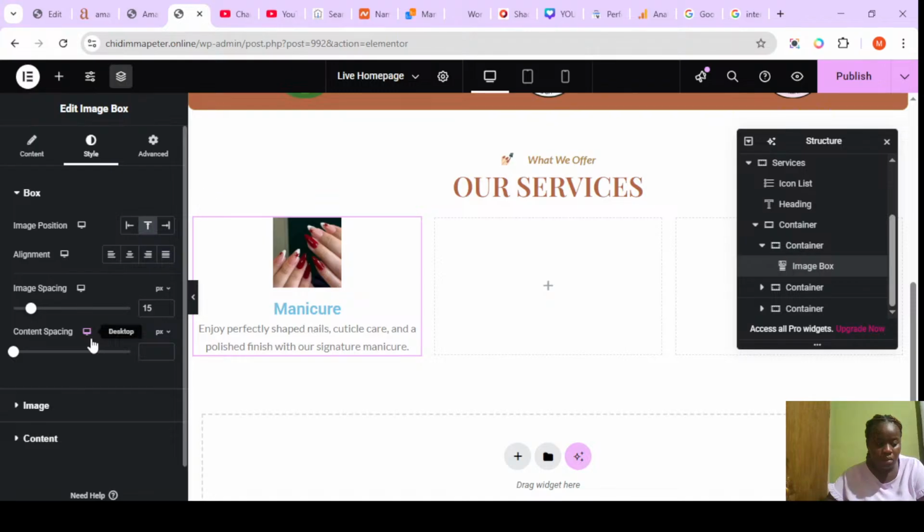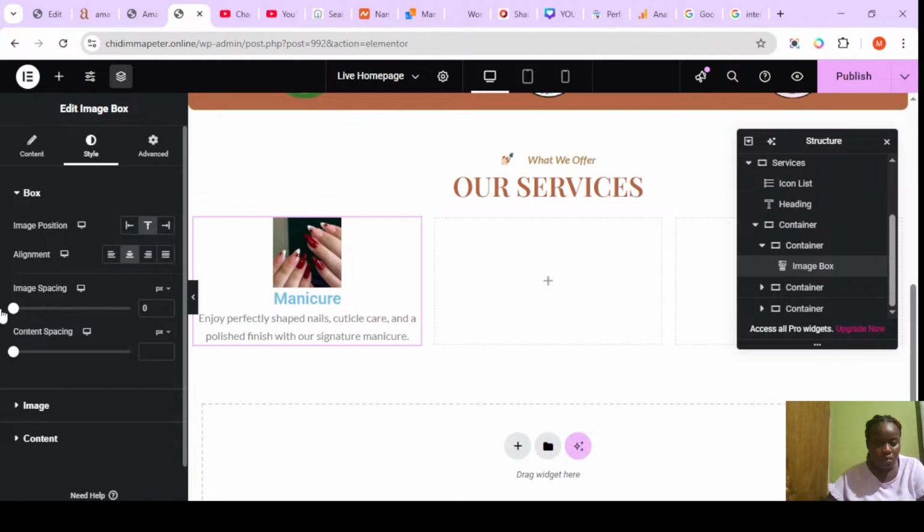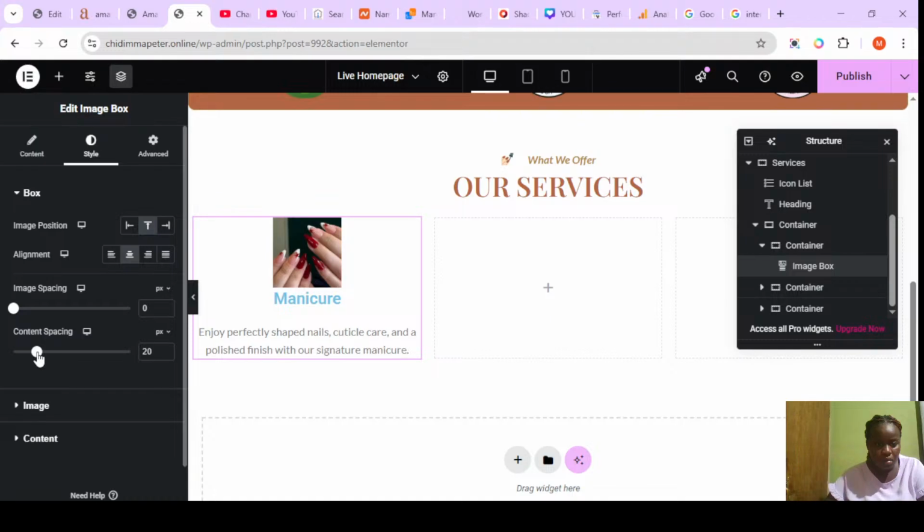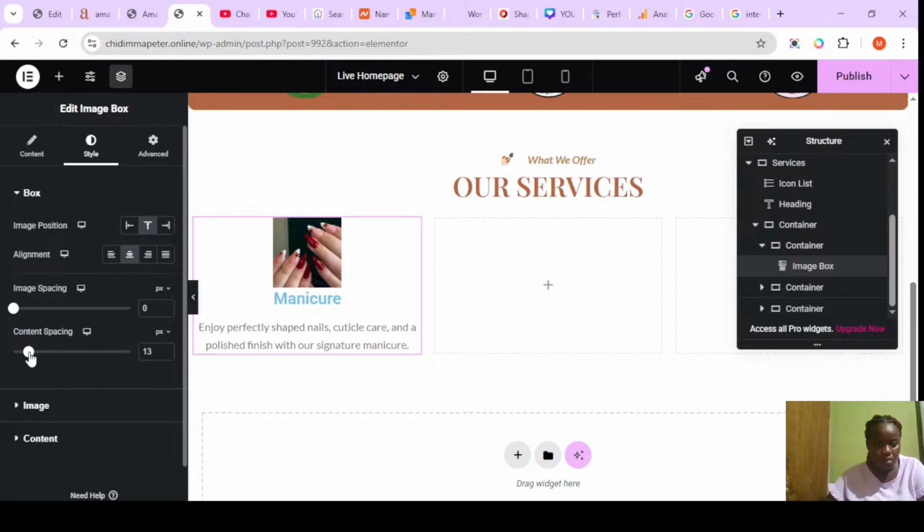Should be in the middle. Image spacing, no, and the content width, let's see. Okay, I think it's too much. Yeah, it's okay. And for the image,